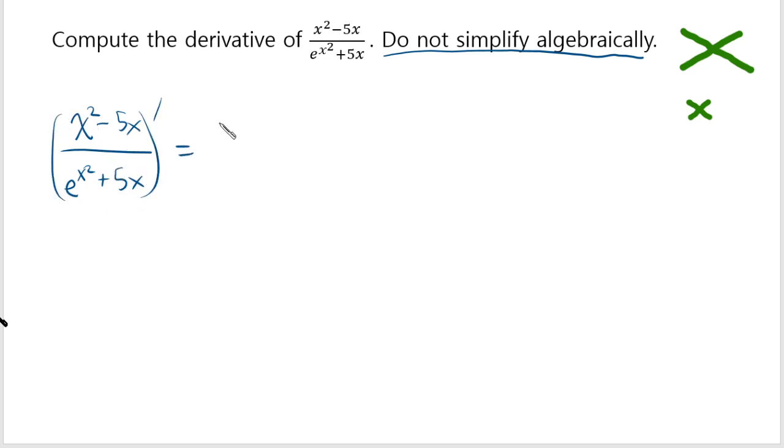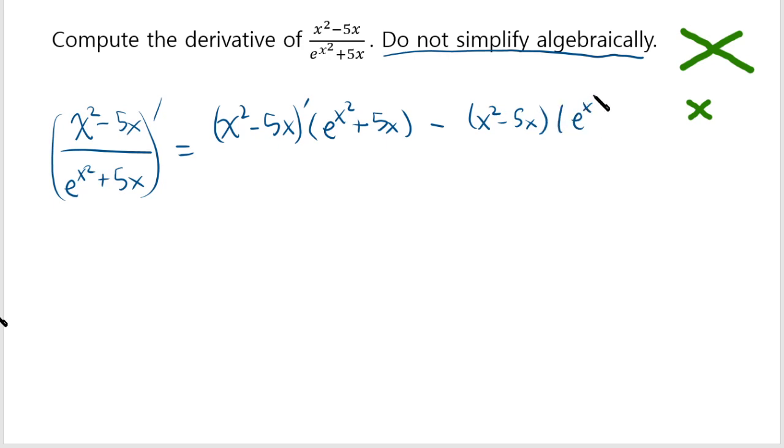It's the quotient rule. The numerator gets to be differentiated first, and the denominator has to wait its turn. Minus (x squared minus 5x) times e to the x squared plus 5x prime